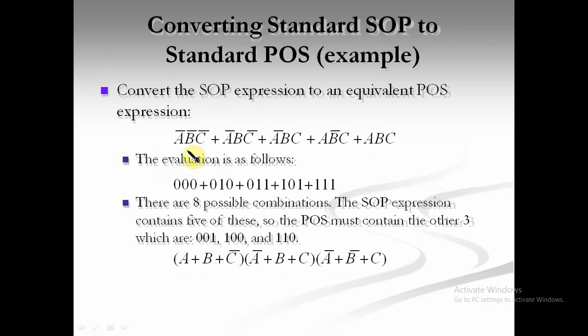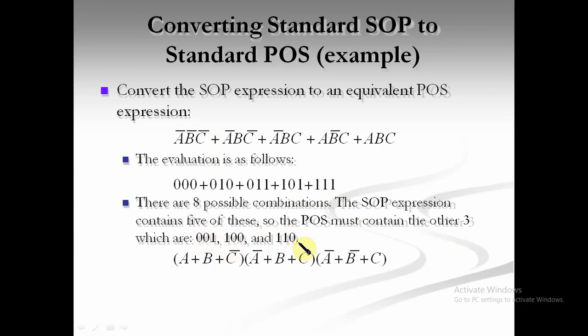Evaluation will be followed. The bar will be identified in SOP form as 0, and without bar it is 1. There are 8 possible combinations because there are 3 terms A, B, C. Hence we have to take the 8 possible combinations, 0 to 7. The SOP expression contains 5 of these. So the POS must contain the other 3, which are